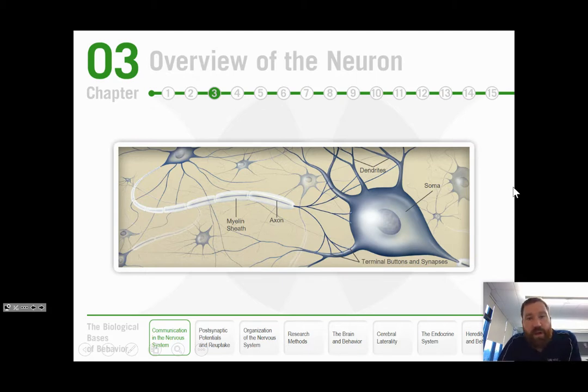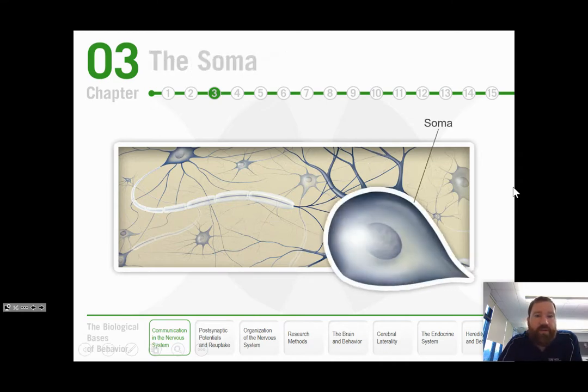So let's go through each part of the neurons so that we all understand everything here. So first, we have the soma. Soma, I believe, comes from either Latin or Greek. Actually, I'm positive it comes from either Latin or Greek, and it means body. So this is the cell body. It contains the cell nucleus, and it's where a lot of the chemical kind of machinery happens. So the soma is where the cells are creating the chemical messengers, known as neurotransmitters, to then relay information to the other cells. So soma means body, and therefore, right, we're talking about the cell body. It's that teardrop-looking thing on the screen.